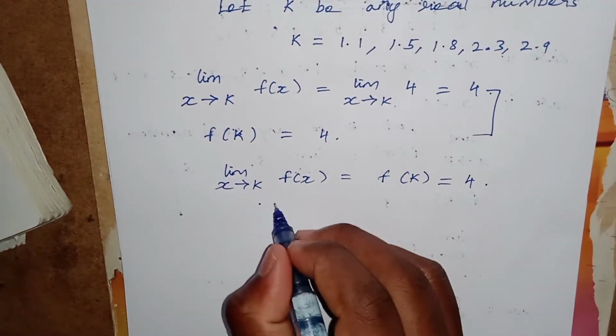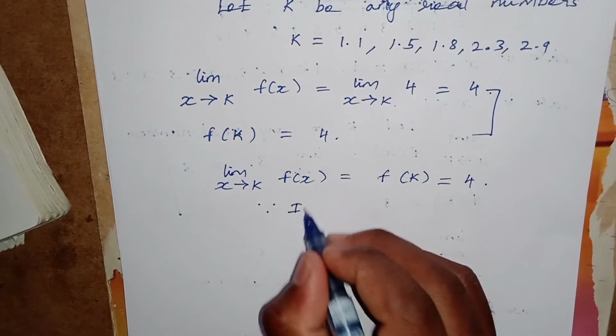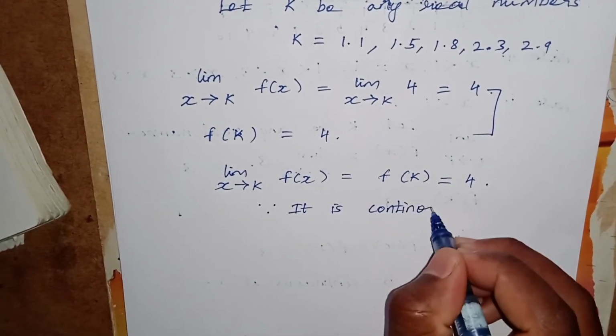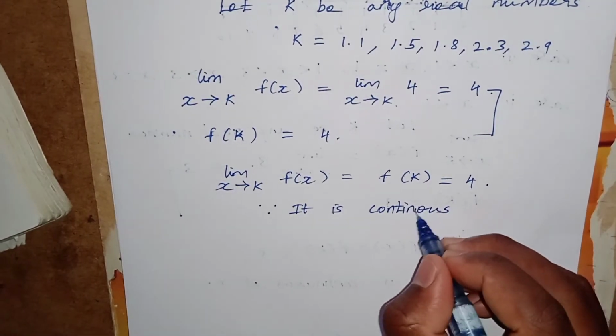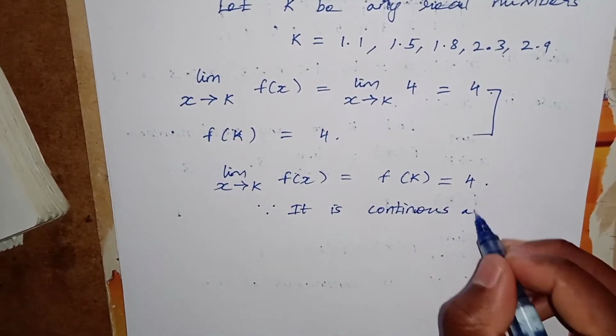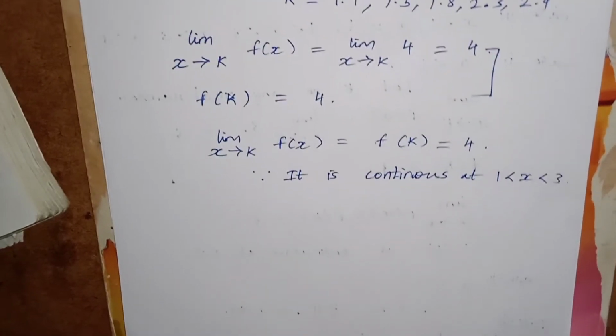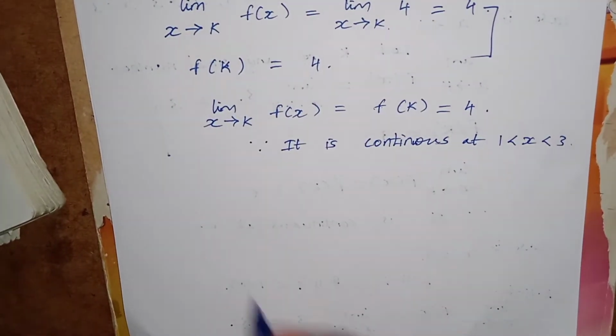Here it is clearly continuous. It is continuous for 1 less than x less than 3. Okay, next